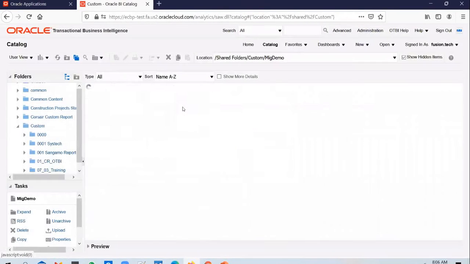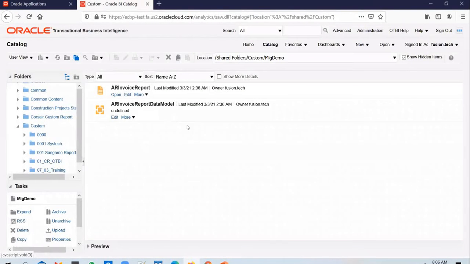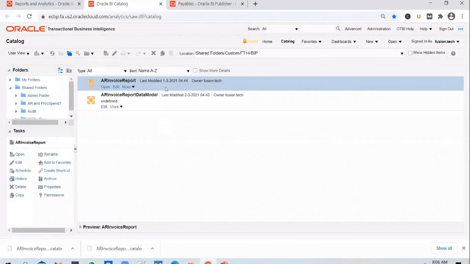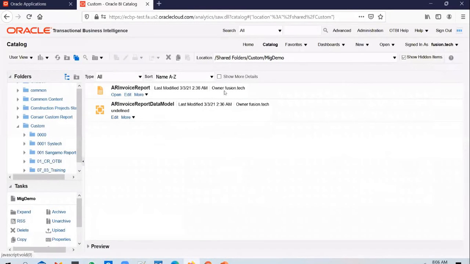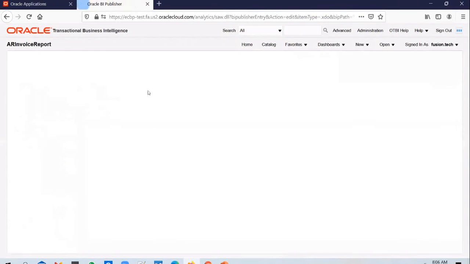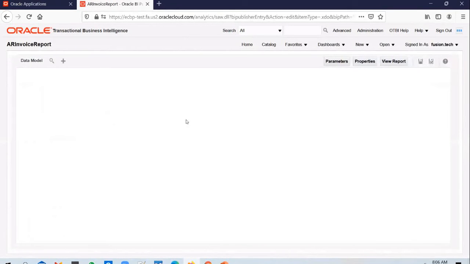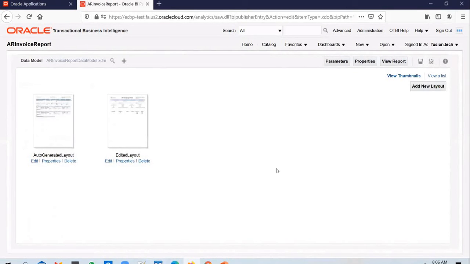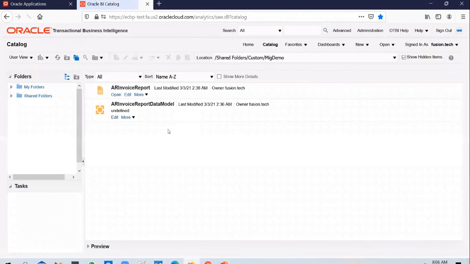And once you do that, with just a couple of mouse clicks, you are able to migrate this report that you have built to a higher instance. And when we say we were able to migrate, that includes everything. A data model includes the bursting queries, normal queries, SQL, the parameters, list of value sources, etc. And if you look at the report, even the RTF templates would have been migrated as a whole, along with the options that you have selected. So you could see that the layouts are also migrated. Okay, so migration of reports is quite easy from one instance to another instance.